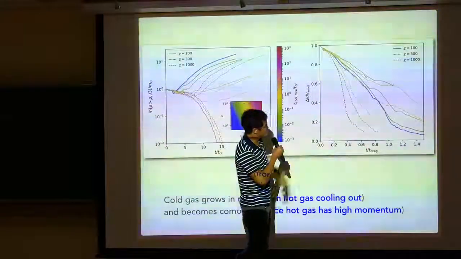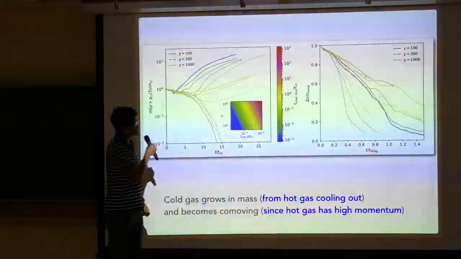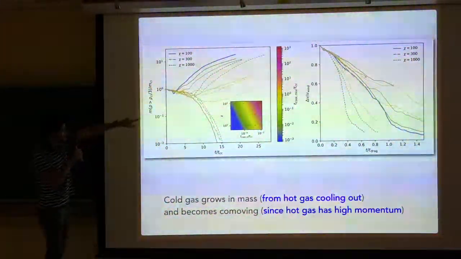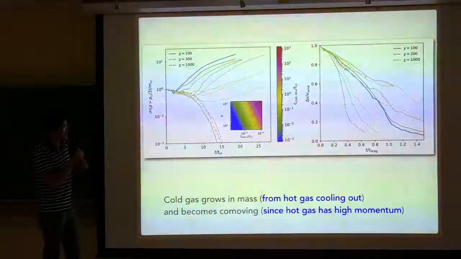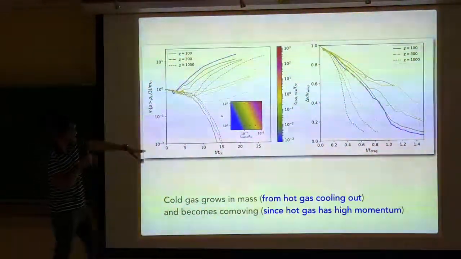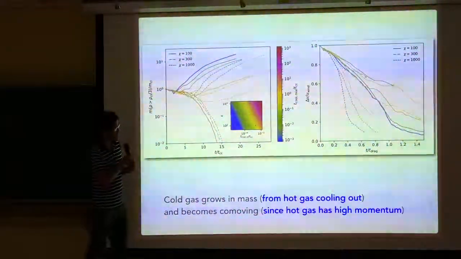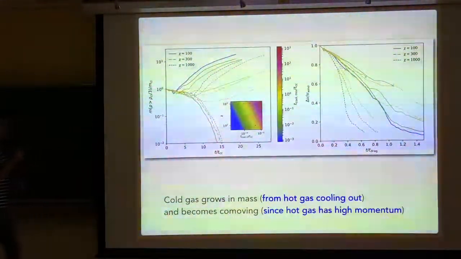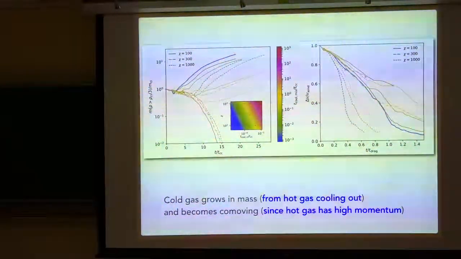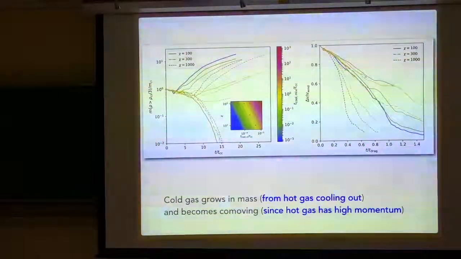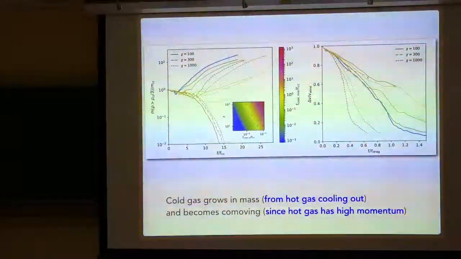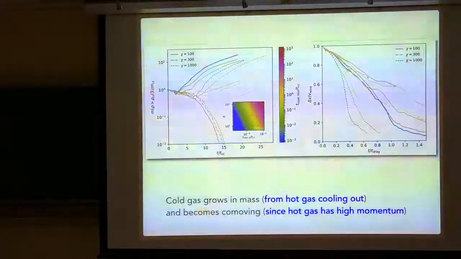the cold gas becomes entrained, right? So the shear grows quickly. And if you look at some of those plots, so this is in units of cloud crushing time, but on the right side, that's in units of the drag time. And you can see that the entrainment can actually happen on timescales shorter than the drag time, which shouldn't be happening, right? So really what is happening is that